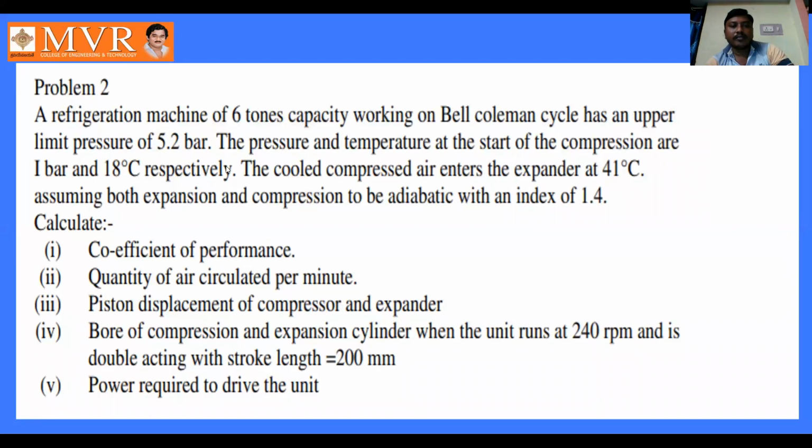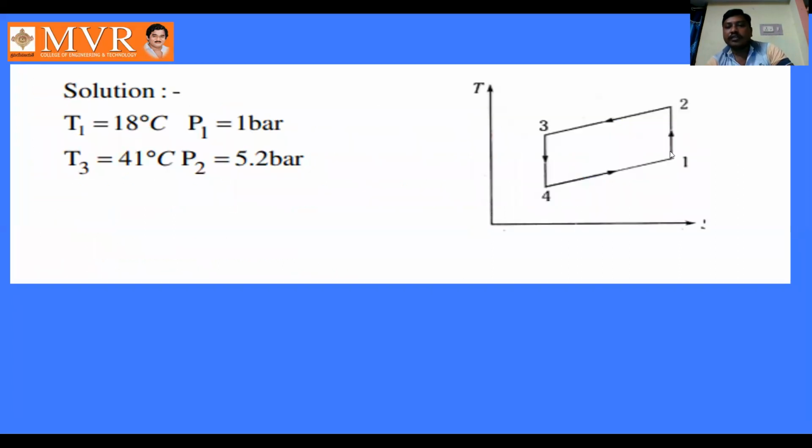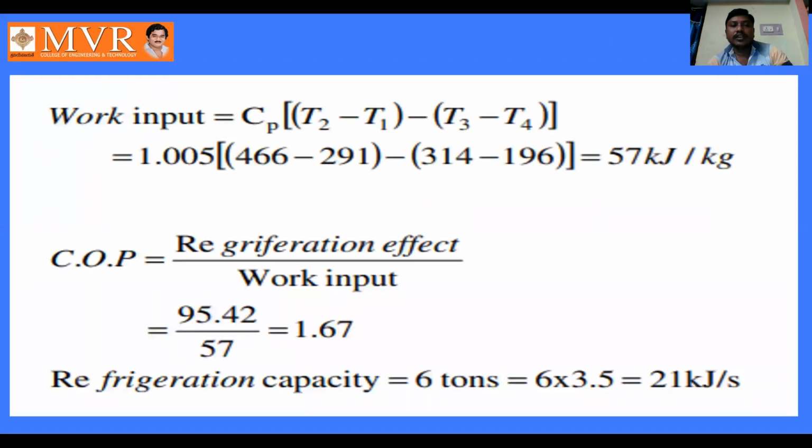And here in the problem itself, it says that the Bell-Coleman cycle has an upper limit of 5.2 bar. Upper limit means that when the air has been compressed, the pressure increases up to 5.2 bar. Meaning after completing the compression process, the air reaches a pressure of 5.2 bar. See here, in the previous class, we already learned about the coefficient of performance